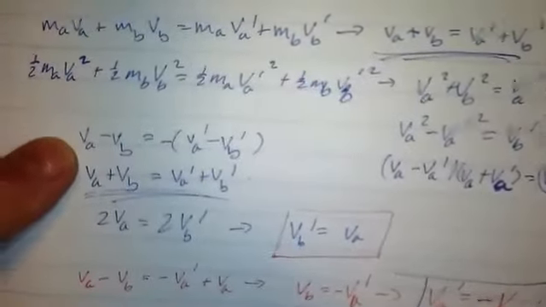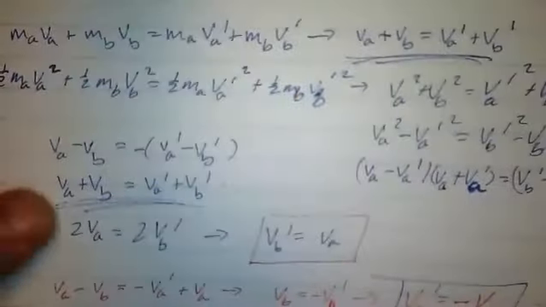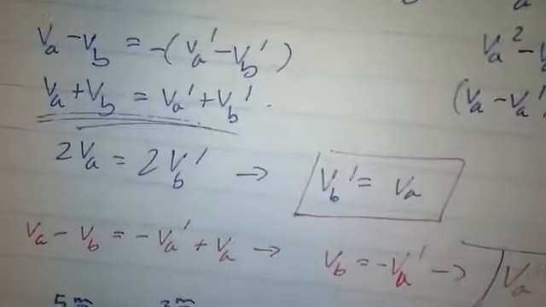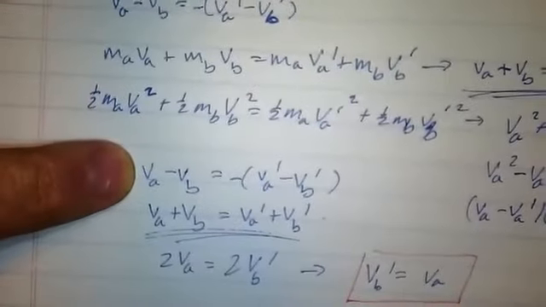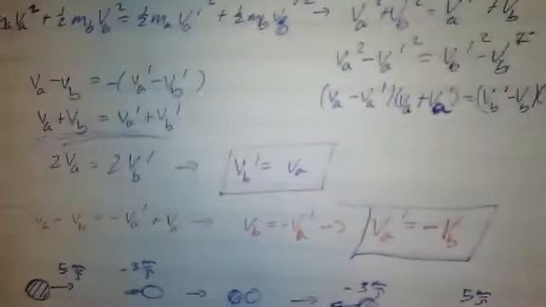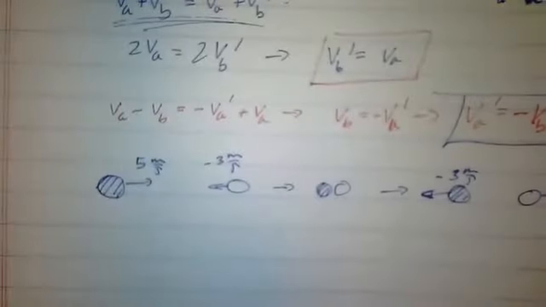So ultimately what I did was use that equation 9-8 and my conservation of momentum equation, and was able to get that VB prime was equal to VA. And then I plugged that back into my equation 9-8, which is what I did here. And when I did that, I got VB is equal to negative VA prime. So ultimately what that means